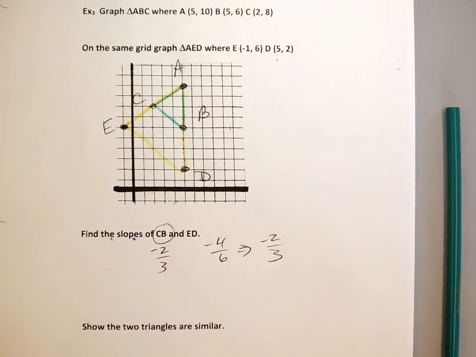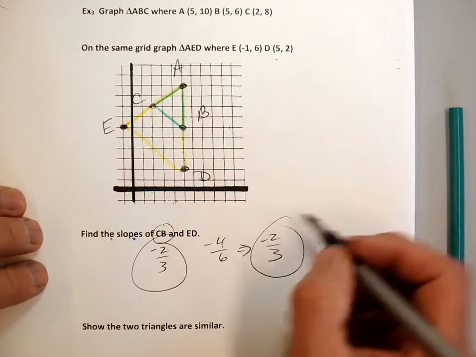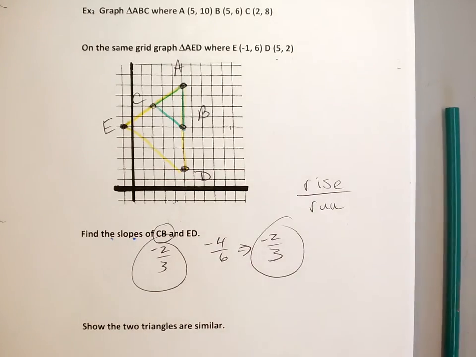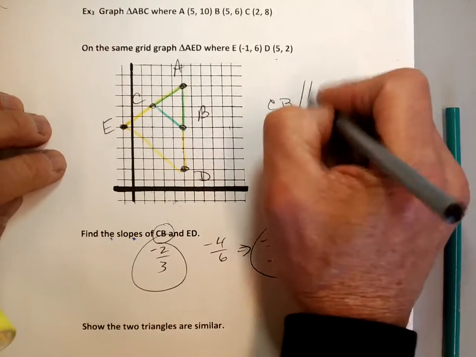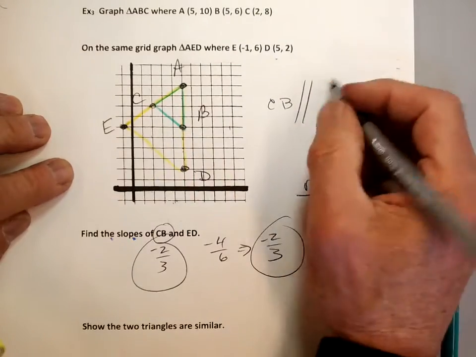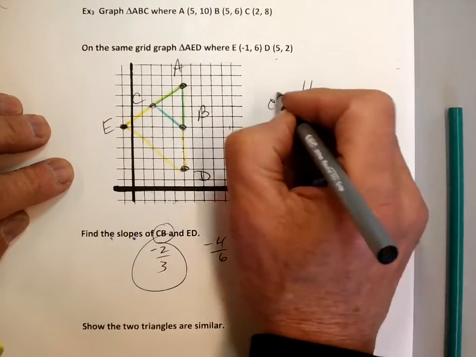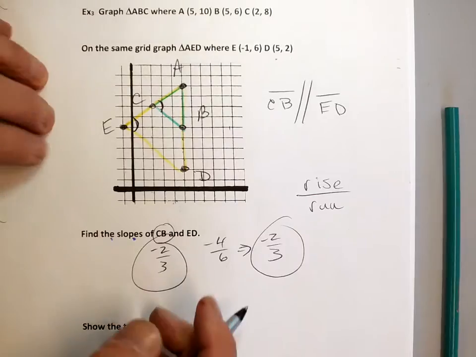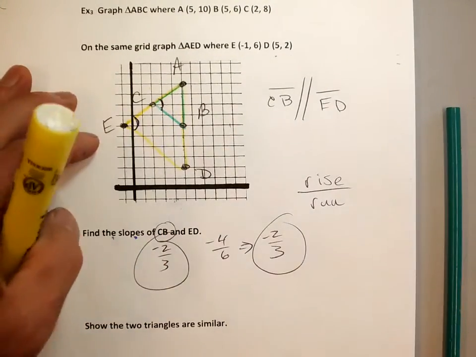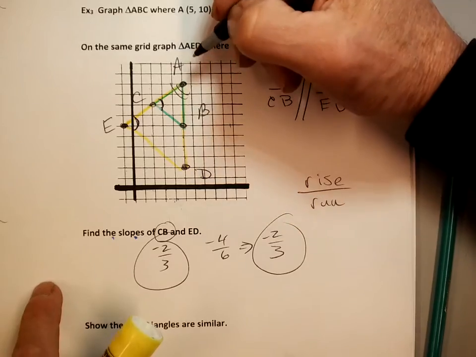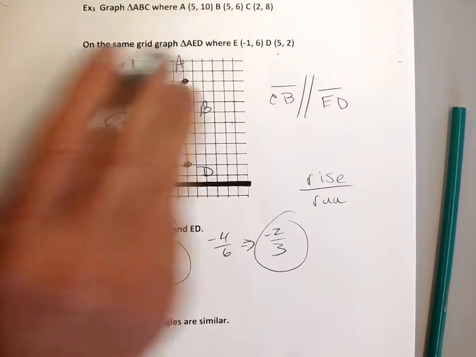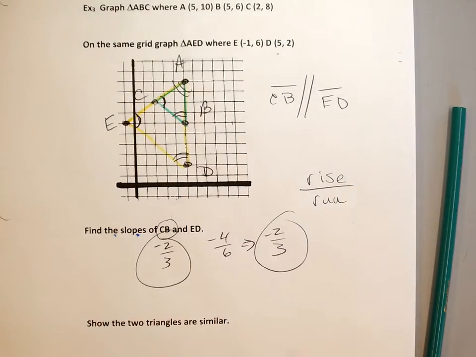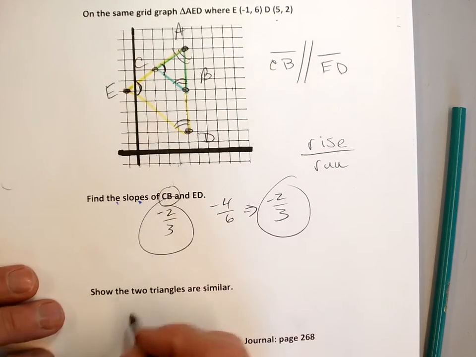So, here's what I know. If the slopes are the same, remember slope is rise over run. If the slope's the same, then they've got to be parallel. So here's what I know. I know CB is parallel, that's the symbol for parallel, to ED. It's got to be. Okay, if that's the case, then I know that this angle is equal to that angle. Okay, they're corresponding angles. See the F? We talked about corresponding angles. I also know they both share angle A, right? So that's another one. And I also know that this angle here is equal to that angle there because of the parallel line. So, show the two triangles similar. I just did. And so they are, yes,